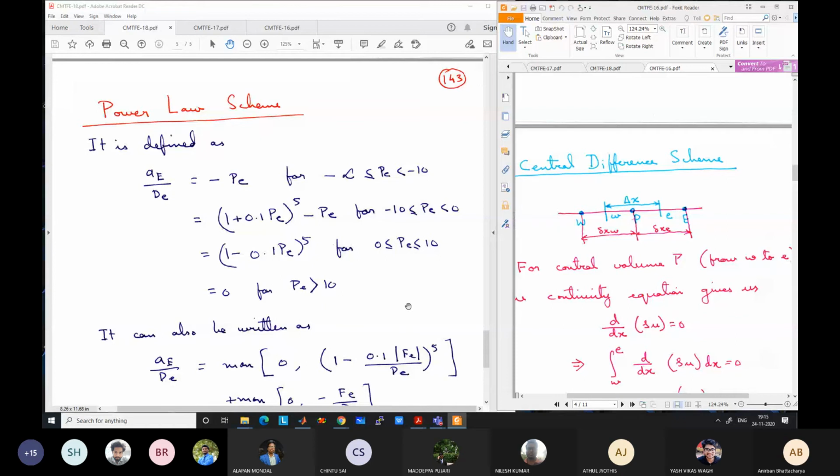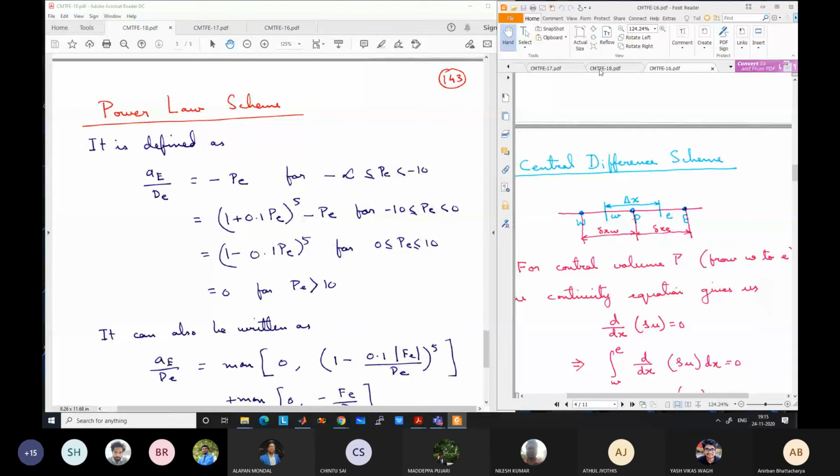The final scheme we are going to study is the power law scheme, and I will just state this scheme. We will not derive it. You can derive any number of schemes. I can also derive a new scheme, or you can also derive a new scheme. Hundreds of schemes can be derived just by trying to follow the exponential curve. One such scheme which is very popular is the power law scheme, which is derived by fitting a curve which has very small difference with the actual exponential curve.